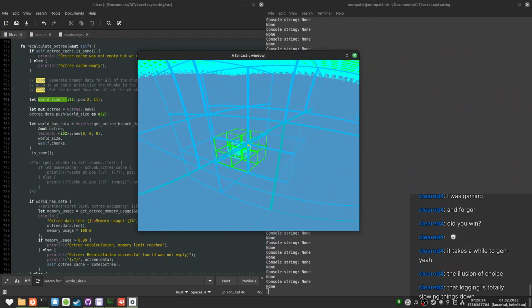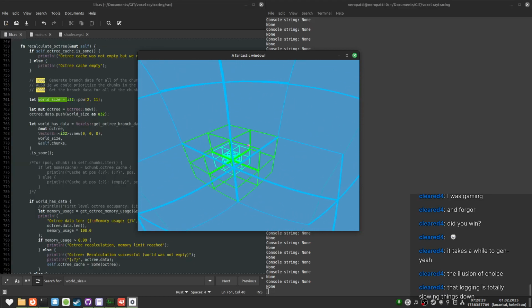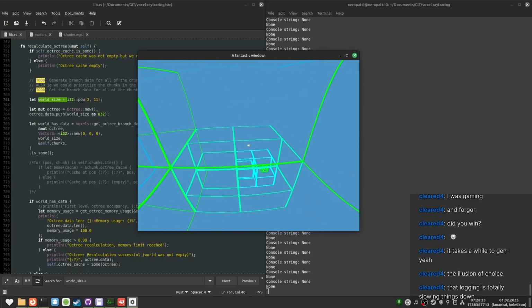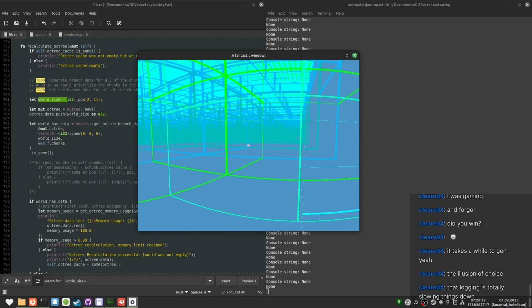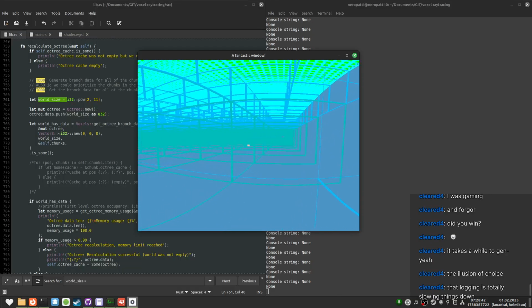But hey, this is the current debug visualization for the octree. We have edges and different octree levels are rendered with different colors. But the lines are a bit stinky.